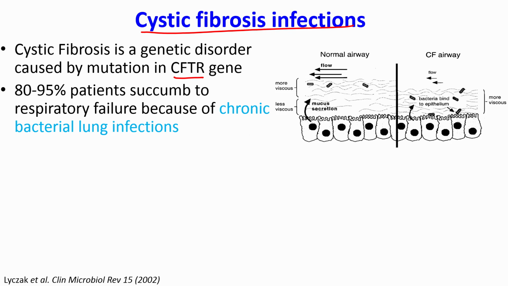The cystic fibrosis actually affects a lot of organs, including your intestine as well as lungs and even the sweat glands. But the major manifestation of this comes in the lung, where typically in the normal lung